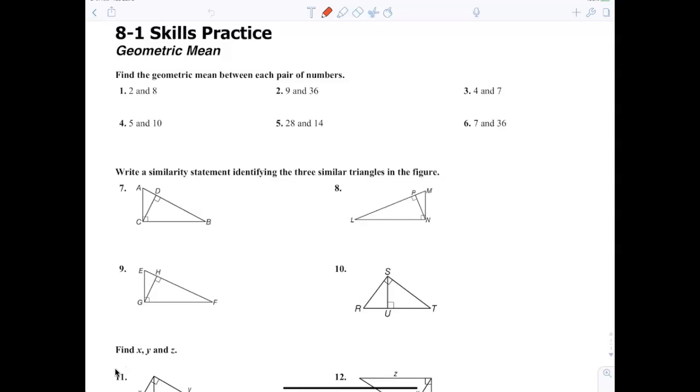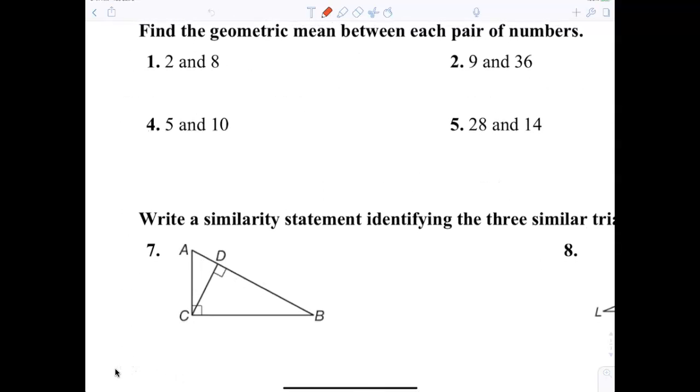I probably will not put any one of these questions on the test, but I saw one of these on the ACT where it said find the geometric mean. And the geometric mean is, and you'll see why when we take a look at the problems down the page, why you can do this. But right now, the geometric mean is just the product of the two numbers. So we would say 2 times 8 is 16, and then you just take the square root of it. And if you remember, it has to do with